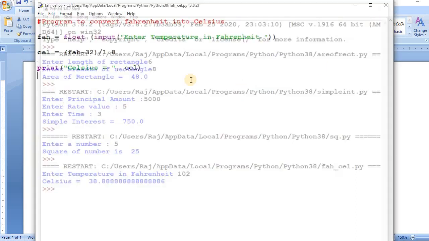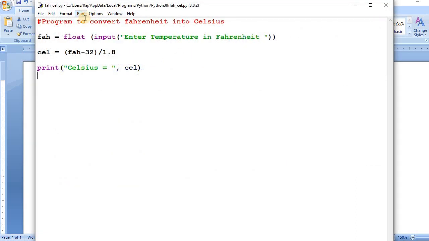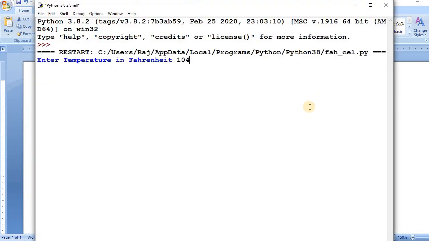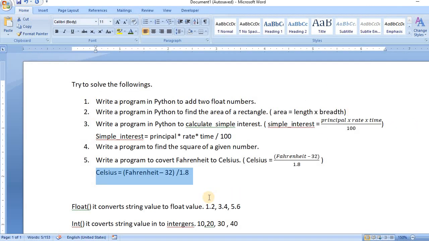Okay, I'm running this program again. 104 and 40. So I hope you have all understood the concept behind writing programs in Python. Thank you.